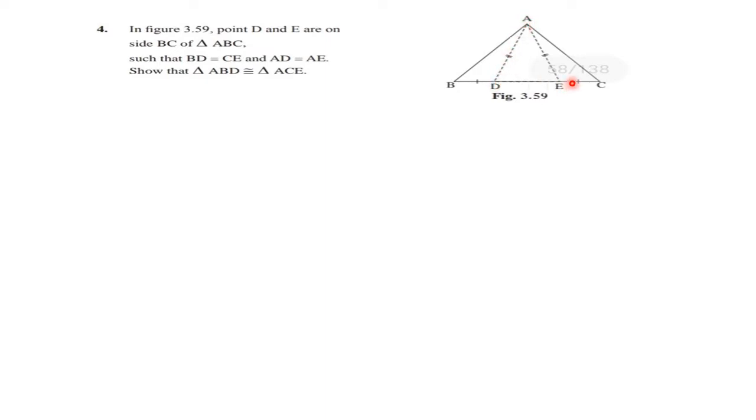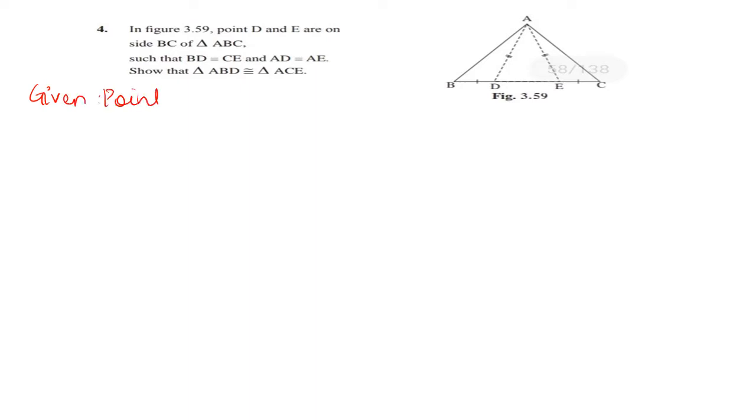Angle ADE and angle AED, your AED and your AEC are forming a linear pair, isn't it? They are forming a linear pair. In a similar way, angle ADB and angle ADE are forming a linear pair. So with the help of this information, we will try to prove that these two angles are congruent, and we'll prove that triangle ABD is congruent to triangle ACE. So let's begin. Given